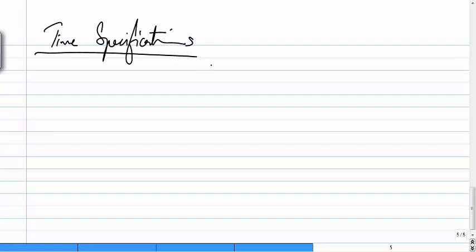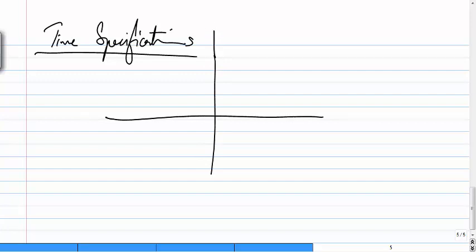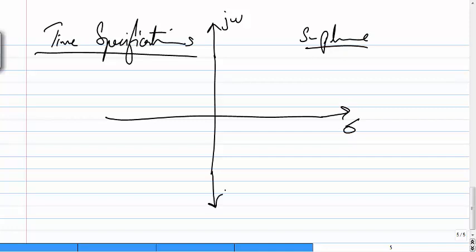In that case, we look at how the system behaves. For example, this is j omega and this is the real axis. This is my S plane. So we are talking about the positive side. If we have some location, we can say that